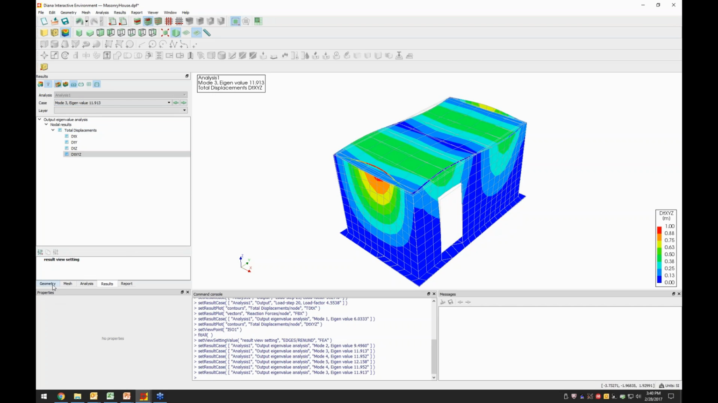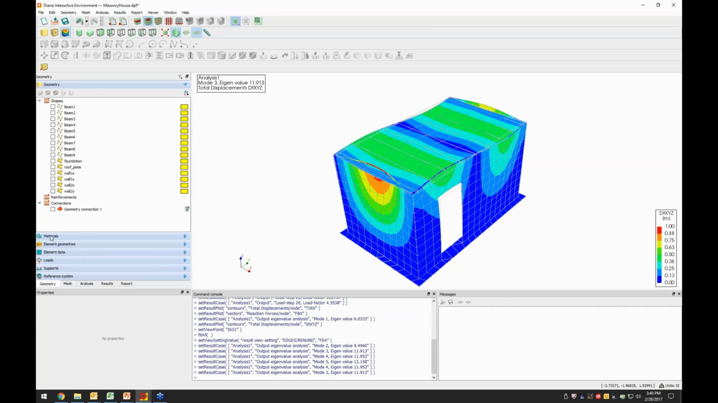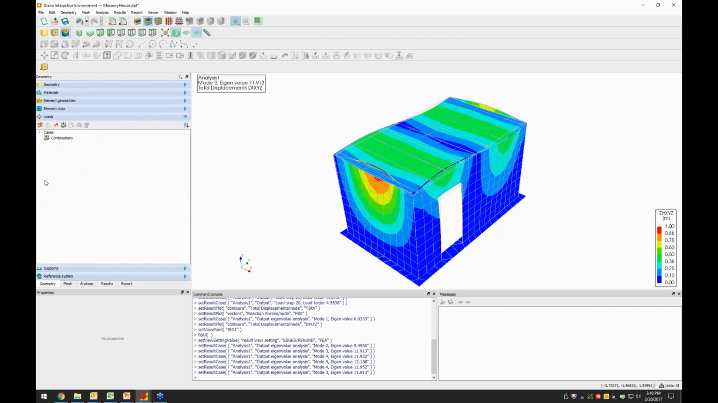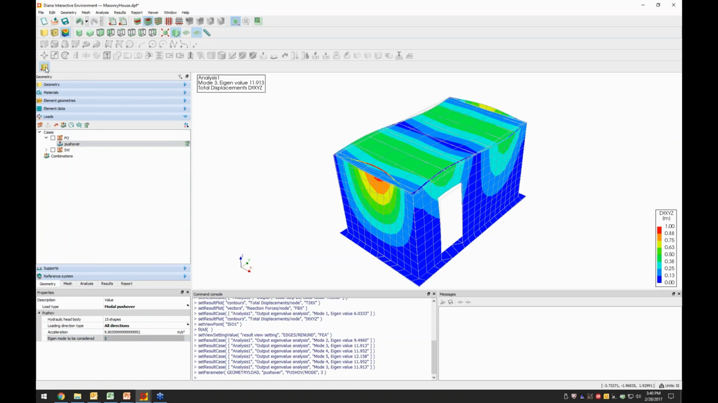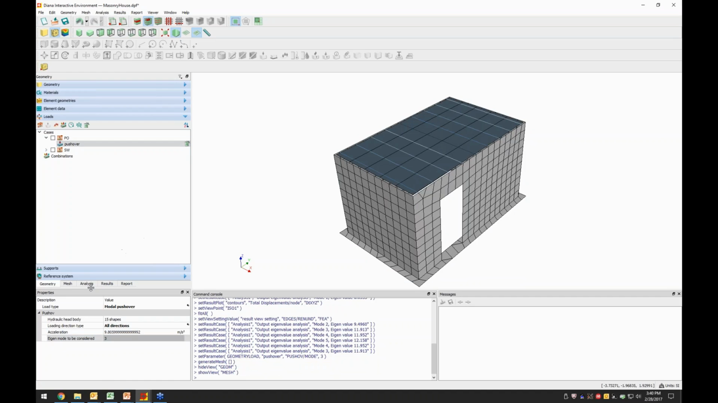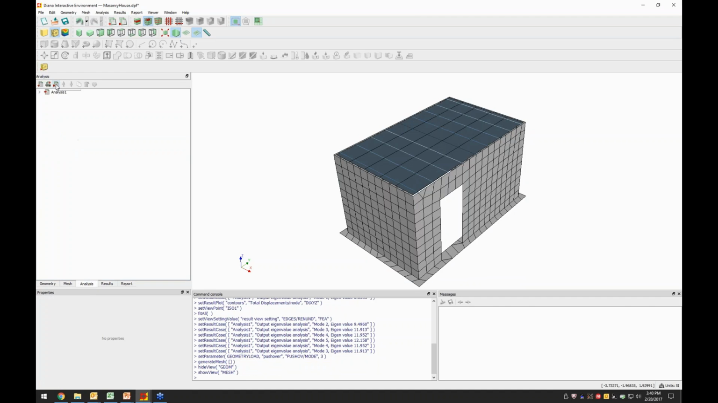So we can go back to geometry, and in the geometry browser, in the loads, we have here the pushover load, and it's defined the eigenmode to be considered number 1. So we can change this to number 3. And we need to remesh because this was assigned to geometry, and we can run the analysis again. As this will take a while again,